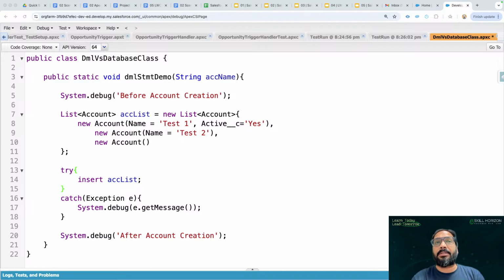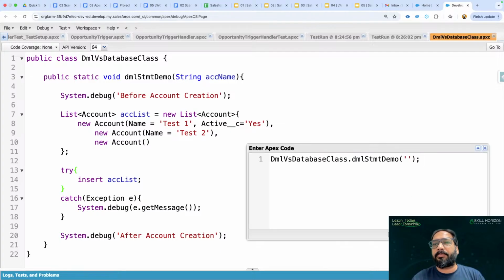So the correct answer is option 1. Okay, the correct answer is option 1. So an error will be generated through this insert and it will be handled by the catch and nothing will happen in the org. No record will be created. Okay, so this is the behavior of the DML statement. So I'm going to save this code and if I execute this code,